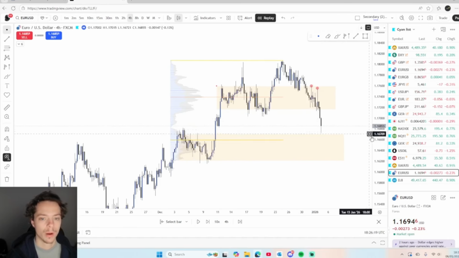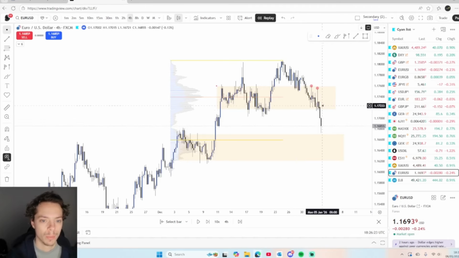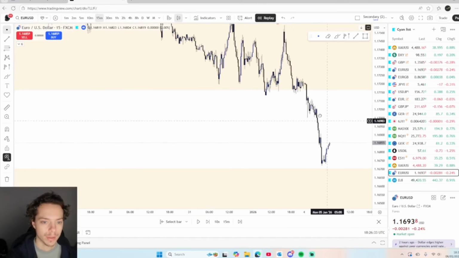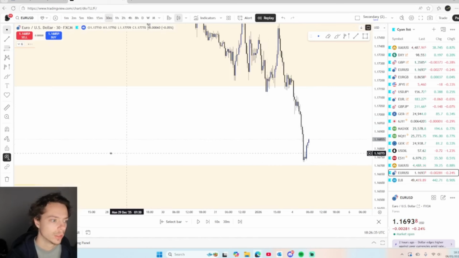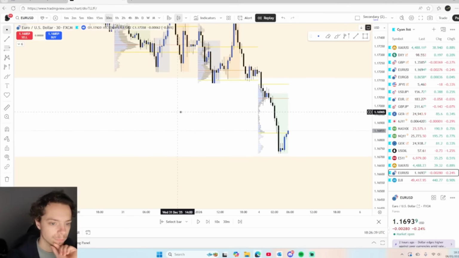And that was a pretty big confluence for me for sells, is that, as we said, I want price to trade down lower into this, and I don't think it's likely that we're going to get choppy reversal price action. And that becomes more obvious when I actually go down into the 15-minute time frame, or the 30-minute time frame, sorry. So now we're going to turn on a few things. So first of all, we're going to turn on our